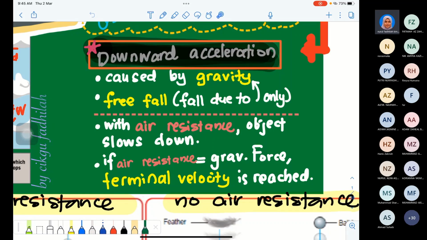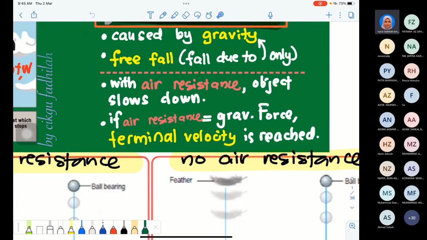What is the meaning of free fall? Free fall is the object is falling due to the gravitational force only. Now, kita ada dua situasi. Kita duduk dalam dunia reality, we always have resistance. Even diri kita sendiri pun ada resistance kan. Macam tu complicatednya kita kan. Tapi kalau objek also kita ada air resistance, ada drag, ada apa lagi,